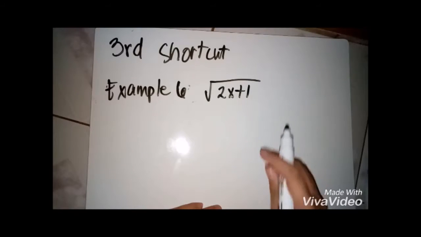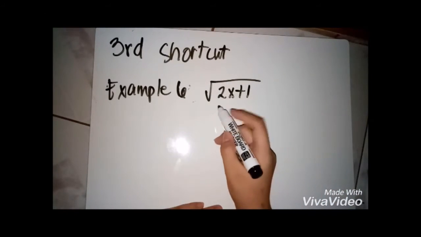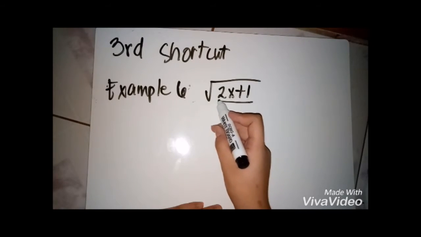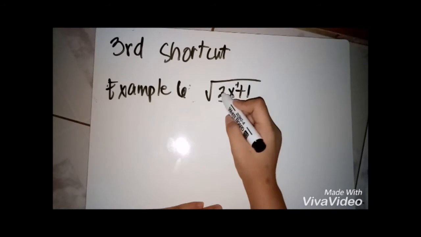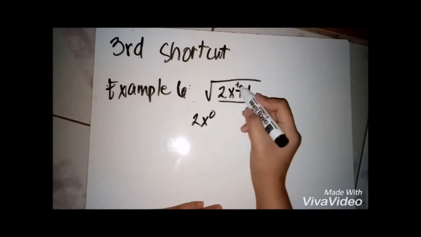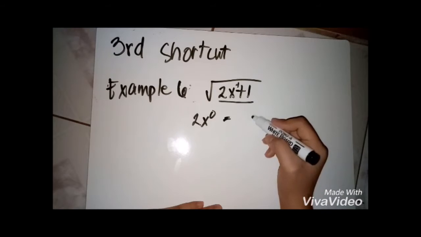In this, first do the first shortcut, the derivative method for the multinomial. So we have 2 multiplied by 1, we have 2. x raised to 0 because 1 minus 1 is equal to 0. So we have 2